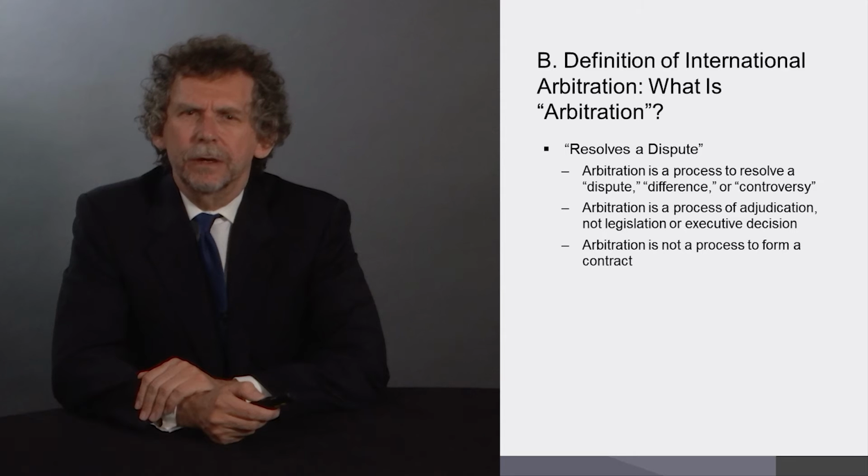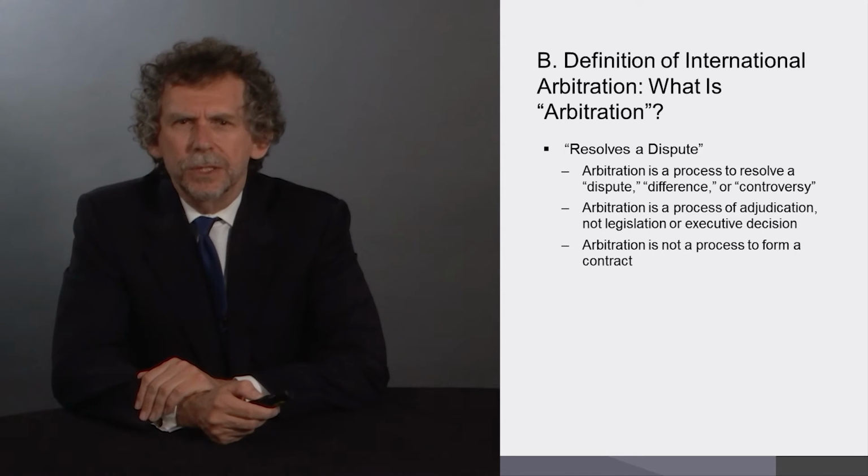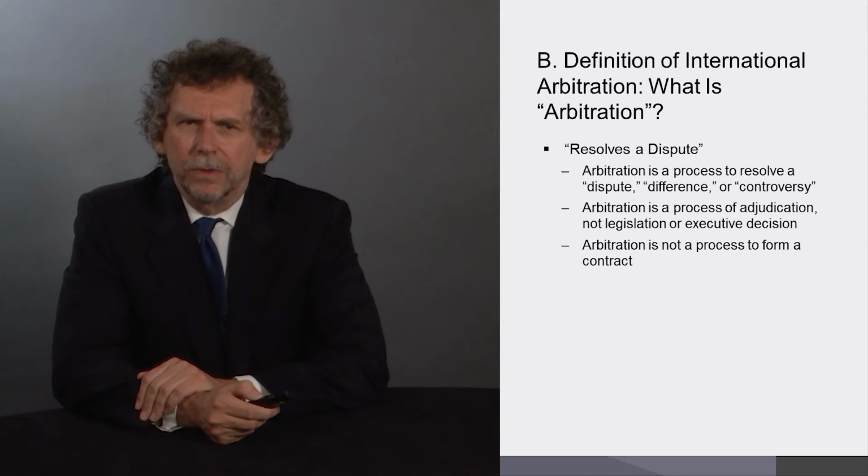Arbitration has other essential characteristics as well. The second essential characteristic is that arbitration is a means of resolving a dispute, a means of dispute resolution. This distinguishes arbitration from other types of consensual activities. Arbitration is not concluding or forming a contract. Instead, arbitration is the resolution of disputes that have arisen out of some prior contract or, alternatively, some prior defined legal relationship. Arbitration is a means to resolve disputes that have arisen between the parties, not a means to do other things.